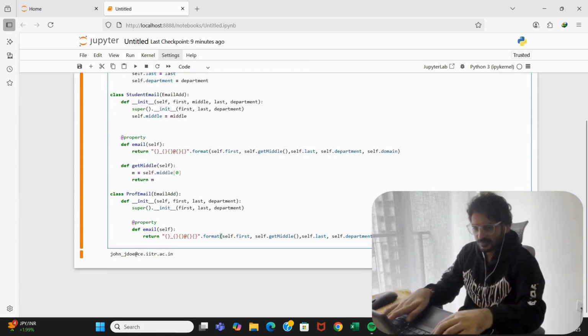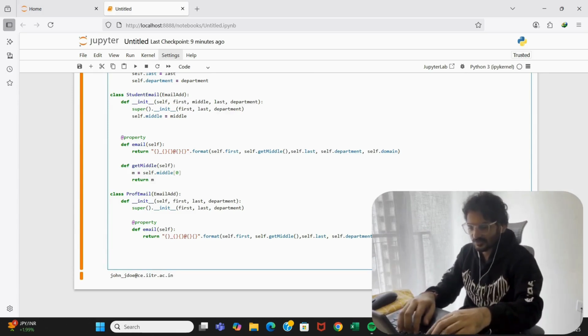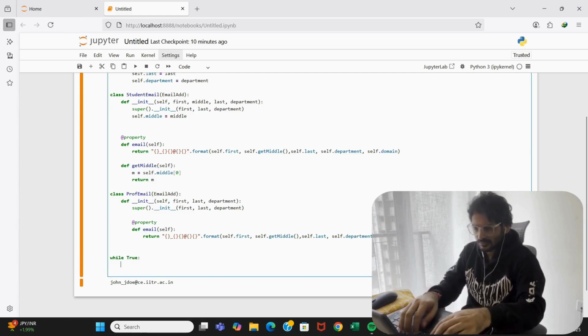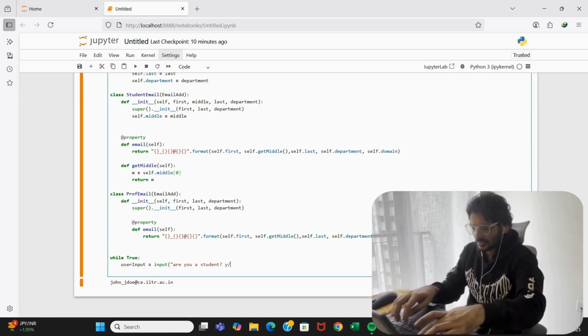Okay, now I think we'll take some user input and get done with this as soon as possible. So let's use an infinite loop. While true, we want user input, and let's say input, are you a student? Y or N, and let's also add quit,